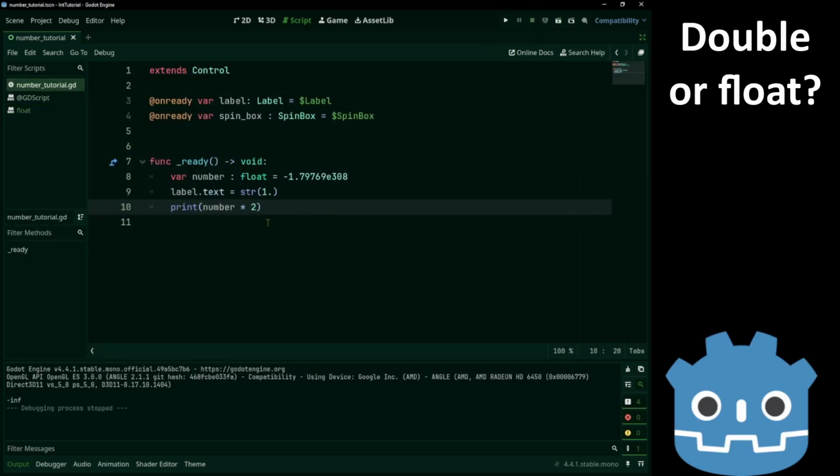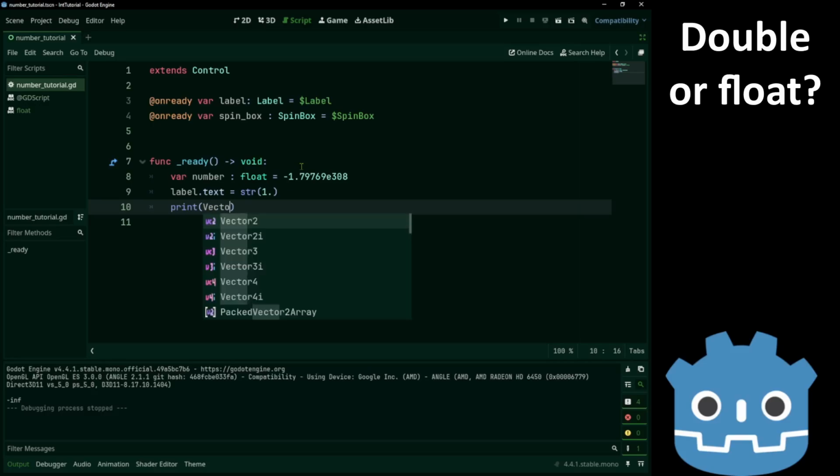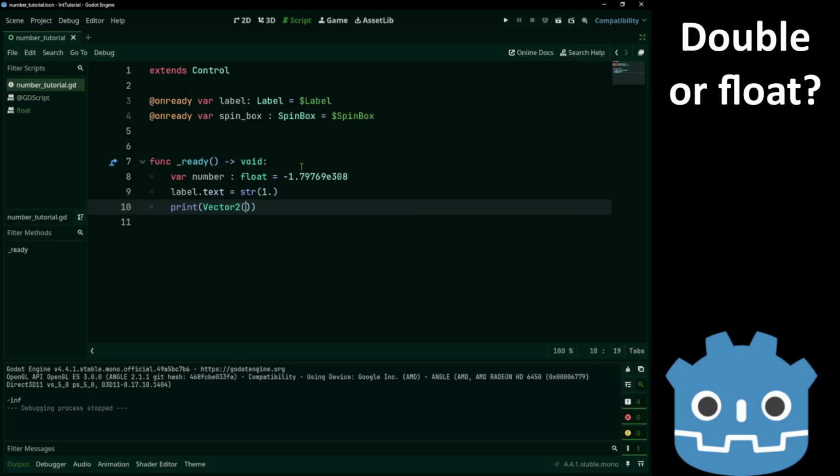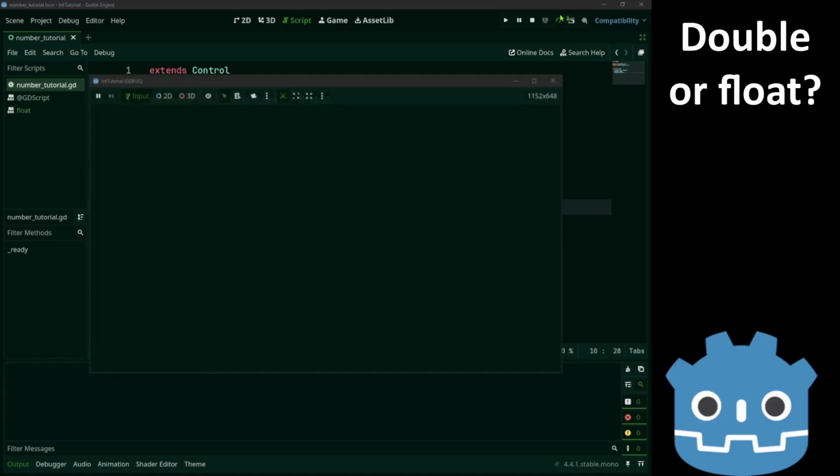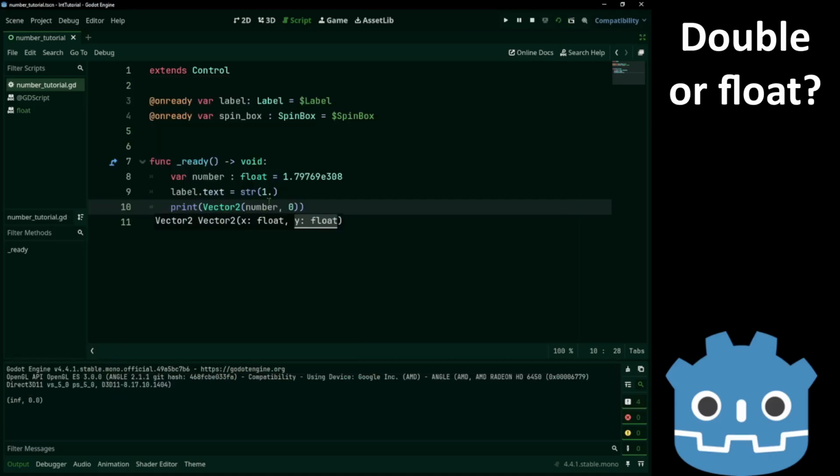Okay, first let's try Vector2. We'll use the max floats. And now we get infinity.